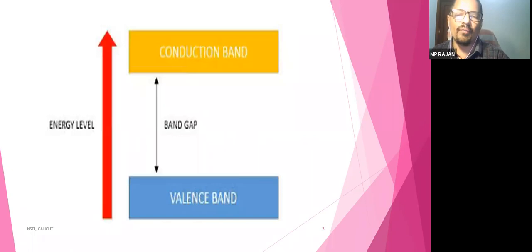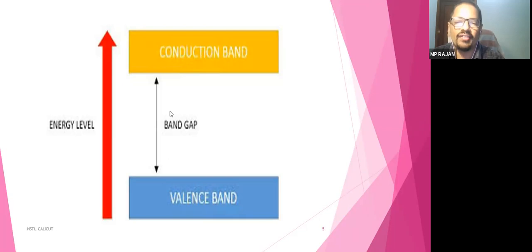So in view of the energy level, we can say valence band and conduction band. What is valence band? What is conduction band? I said in the previous slide, there is a free electron, valence electron. Now here electrons are available. So when the electrons are coming out of the atom orbits, we can say that is in the conduction band. So there are two bands, valence band and conduction band.